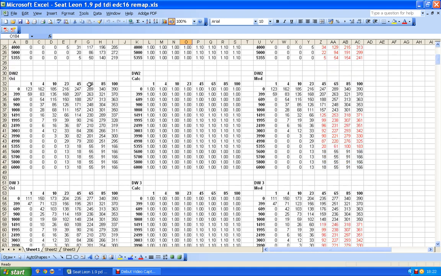Now, all the others use a rev per minute scale or axis that runs from 0 to 6000, which means that in effect there's quite a lot at the end here that's never going to be used, because people are not going to rev a diesel engine at those sorts of revs, so it could almost end there at 5355, but it doesn't.